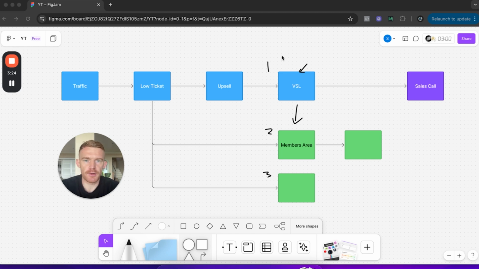So the first way we do it is, we say, hey, you have a complimentary onboarding call with your low ticket purchase. So if it's a course, for example, we would frame it and say, hey, one of our coaches will just onboard you. They'll get you logged into the membership area, and they'll basically walk you through the whole process and make sure you've got access to everything. And if you've got any questions or anything like that, you can also ask them there on the call, and they'll help you get started.